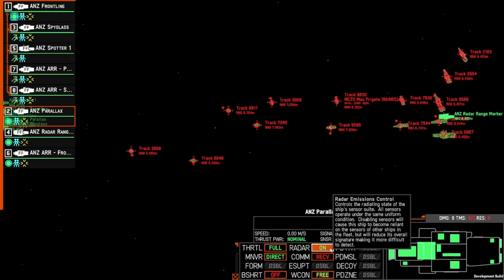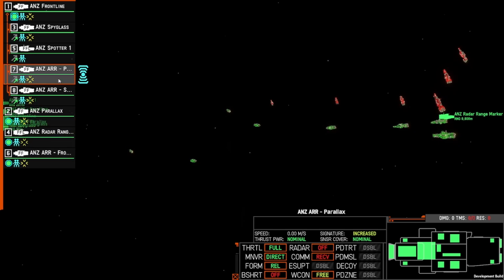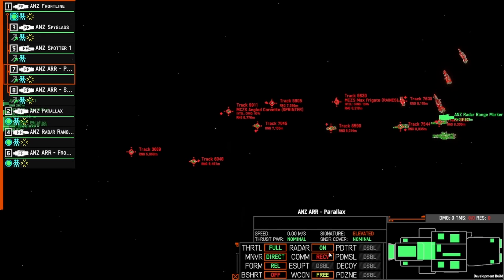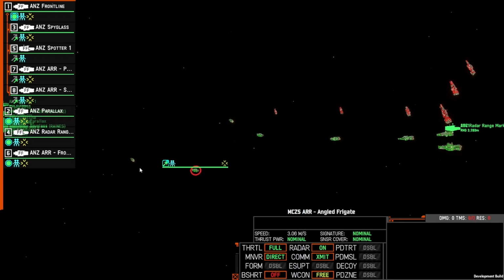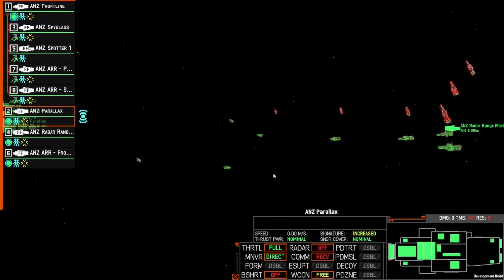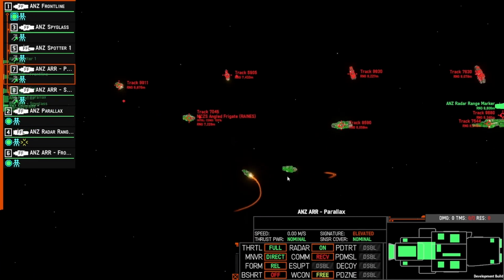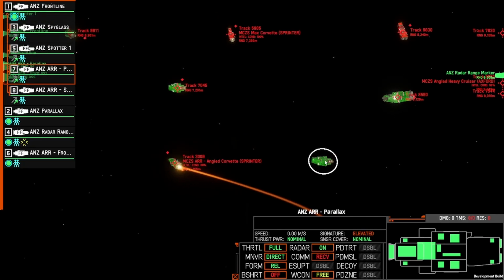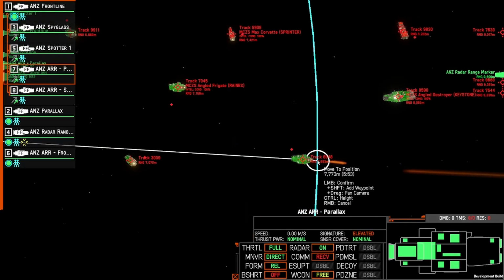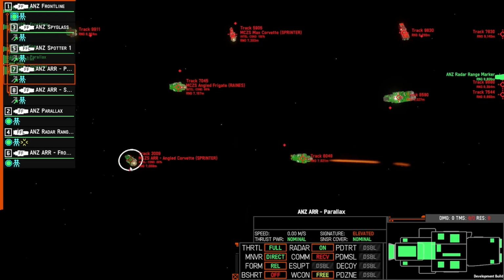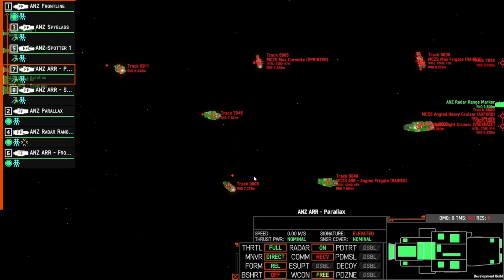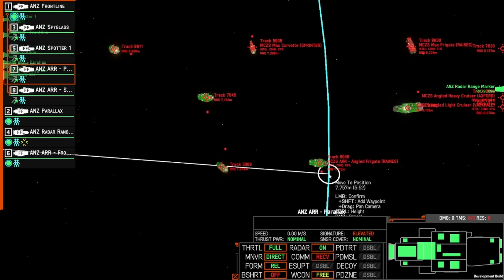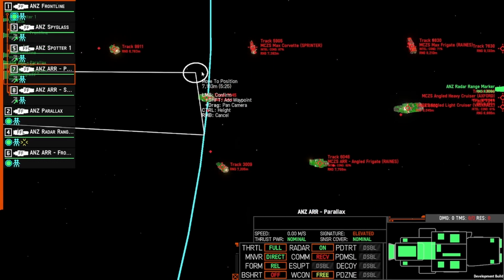So if I was to turn the Parallax off now, and we turned on our Parallax with the adaptive radar receiver, we are going to move the frigate into position and the Corvette. Standing by. We're reading you. And so once again, the Parallax with the adaptive radar receiver,